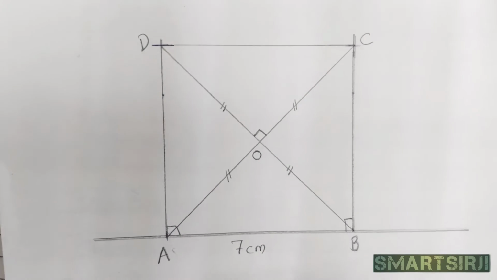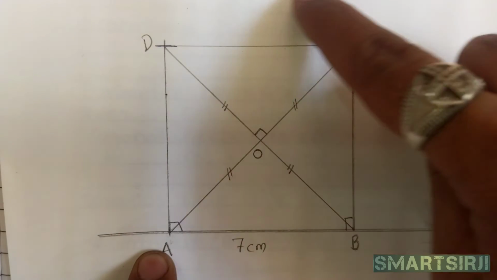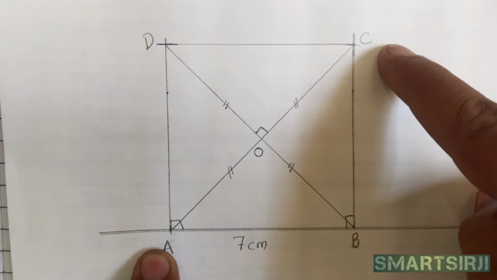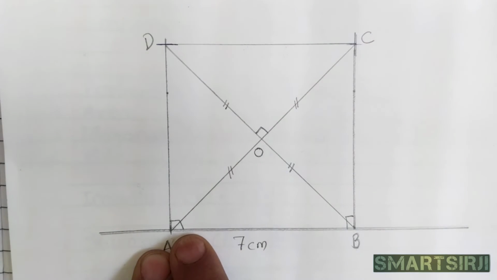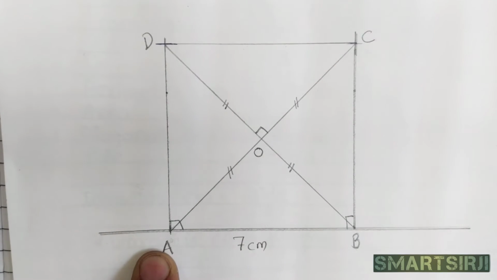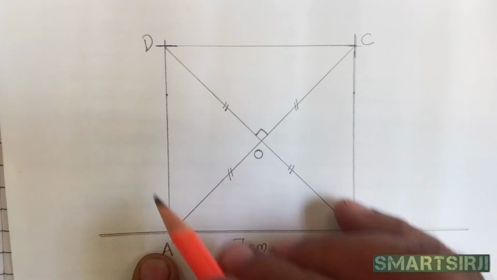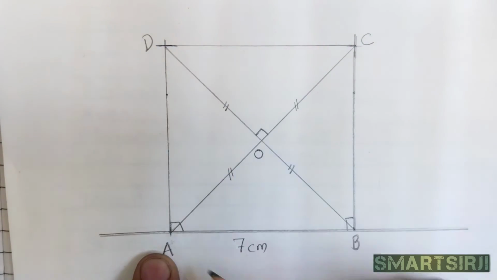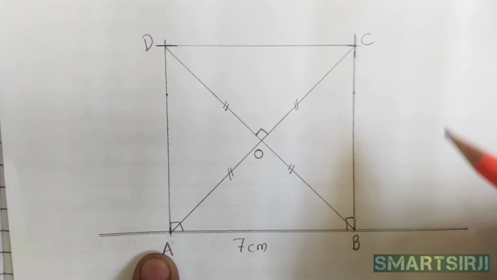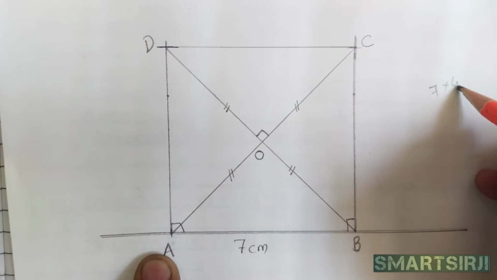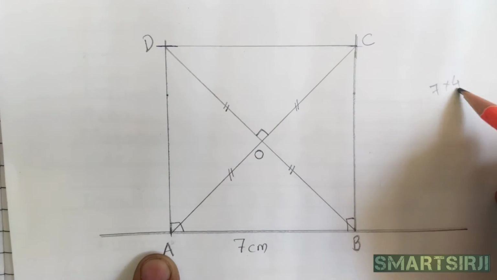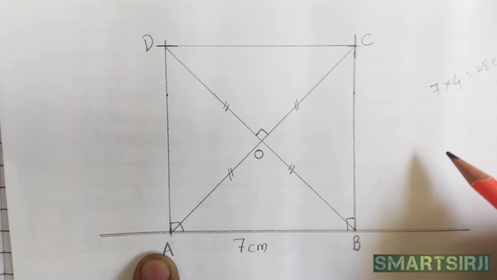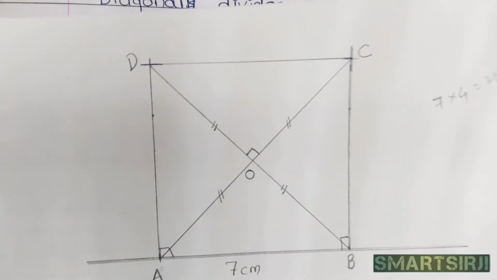Perimeter is the complete round from a starting point back to the starting point, meaning AB, BC, CD and DA. Suppose we have drawn this side as 7, so all sides are 7. So 7 plus 7 plus 7 plus 7, this is the perimeter, one complete round. That's why 7 multiplied by 4, because there are 4 sides. So 7 4s are 28. So the perimeter of this square is 28 centimeter.